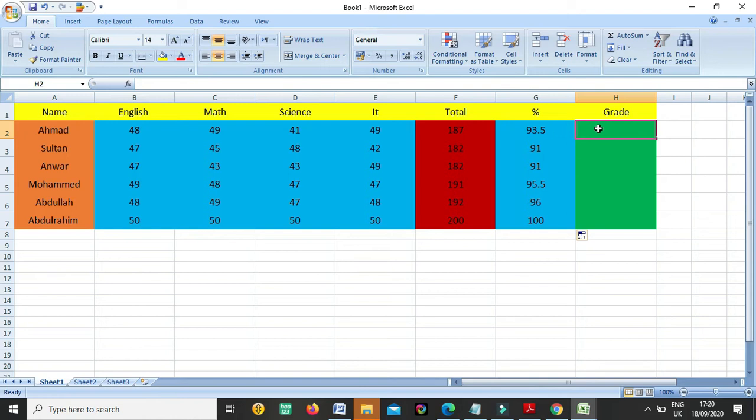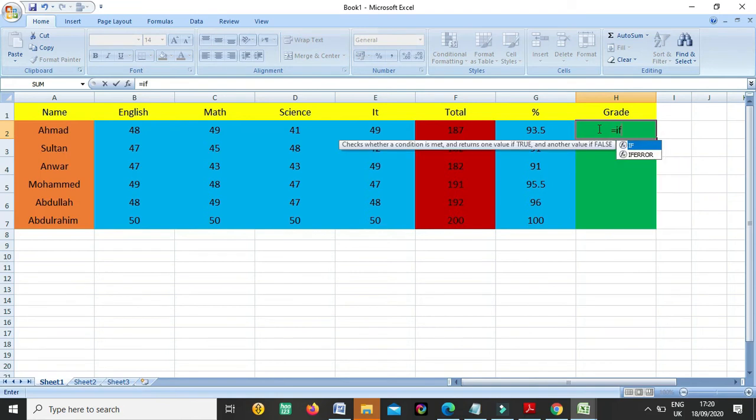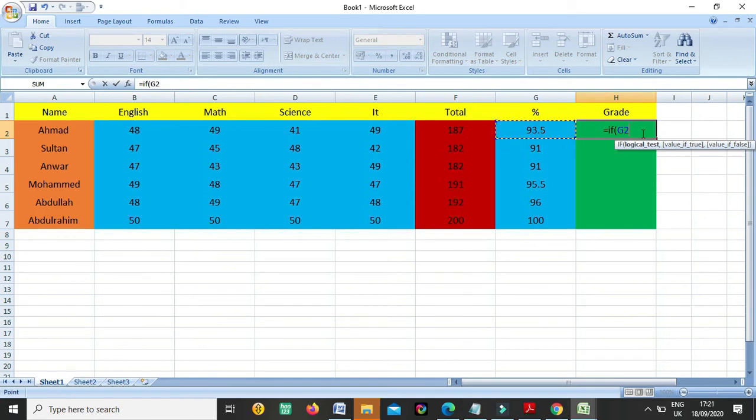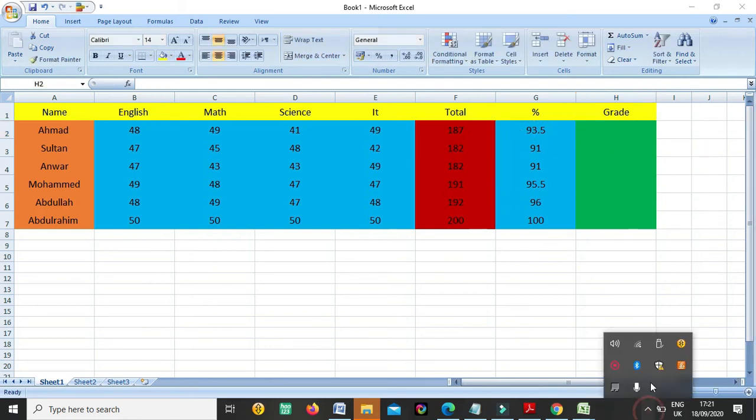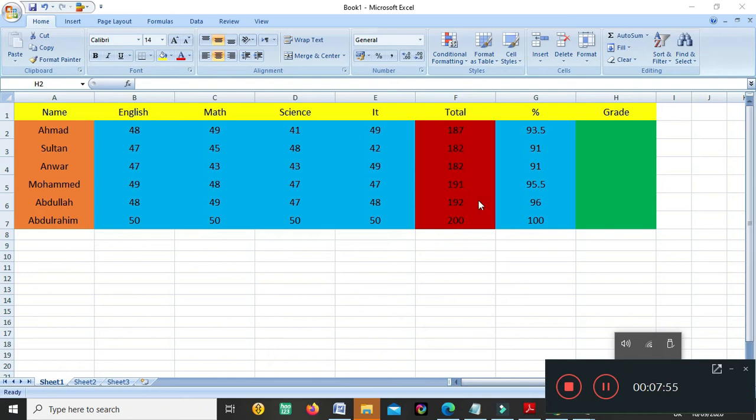Now as you know, first we write the equal to sign with any formula. Now we are using IF bracket. If somebody has, means G2. Before, for the total we were focusing on the marks, and for the percentage we were focusing on the total.